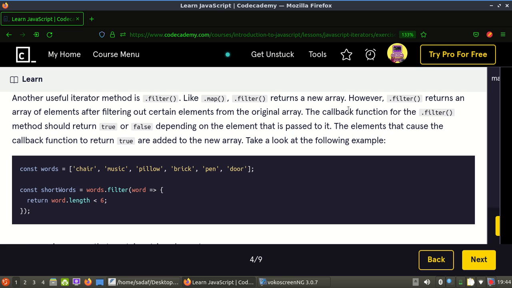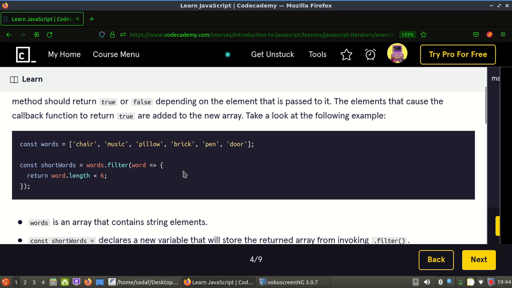And how does it do it? It does it with the help of a callback function, which will be present inside the parentheses of the filter method. Inside this, we'll put in a callback function. And if the callback function returns true or false, depending on that the element will be passed into the new array. The elements that cause the callback function to return true are added to the new array. If the callback function turns out to be false, then